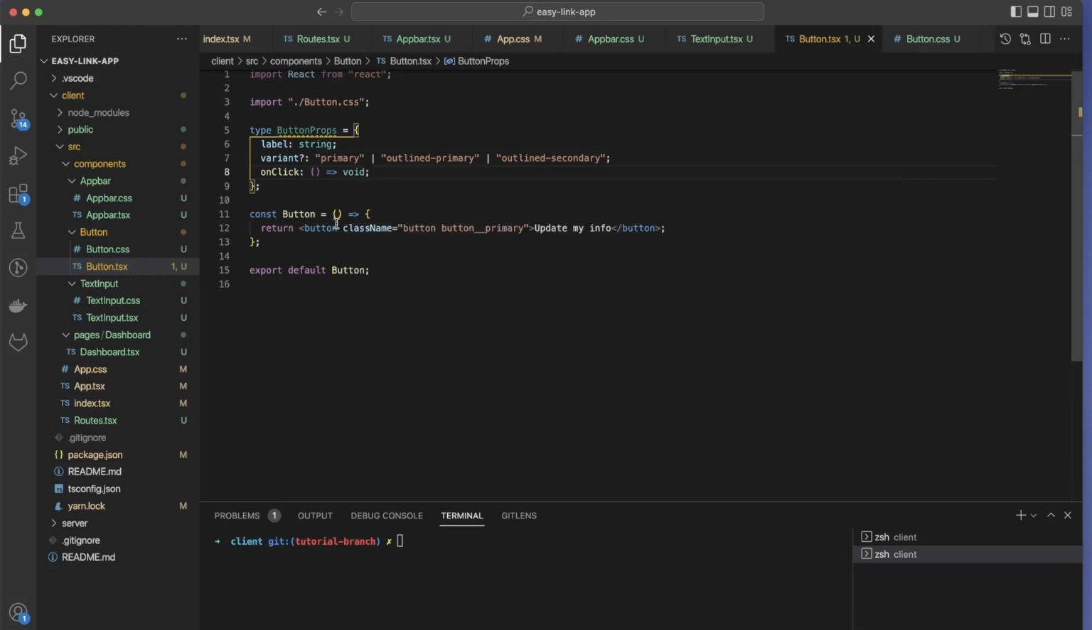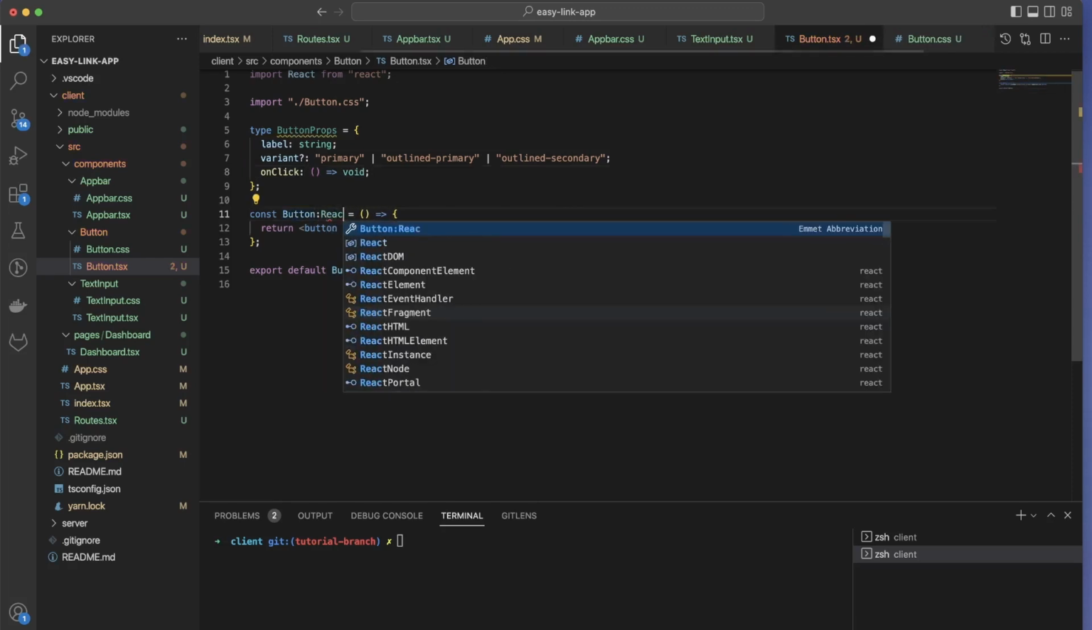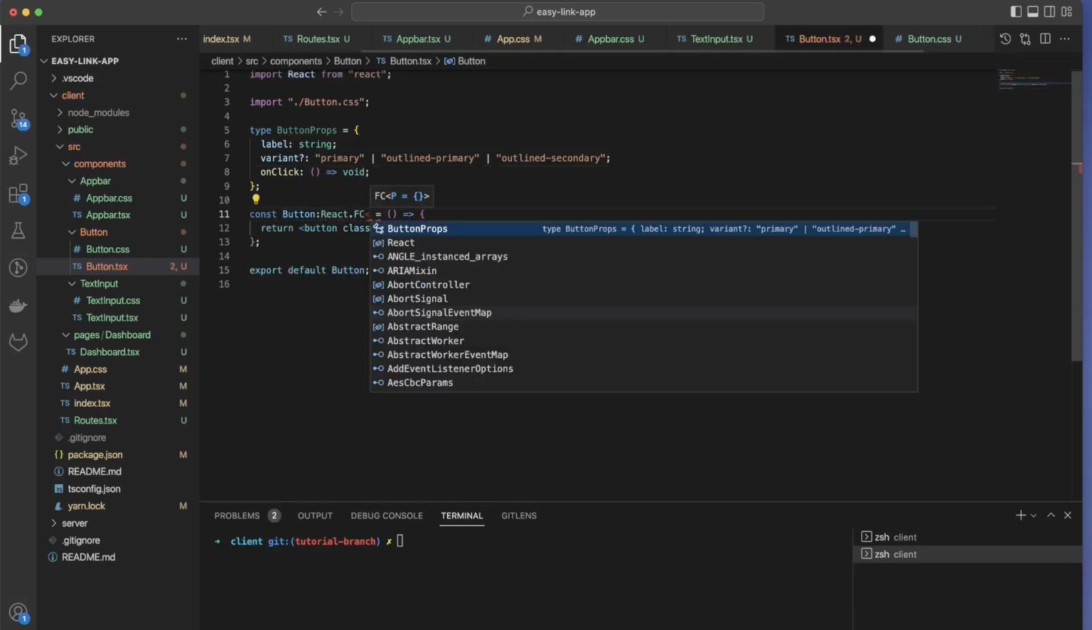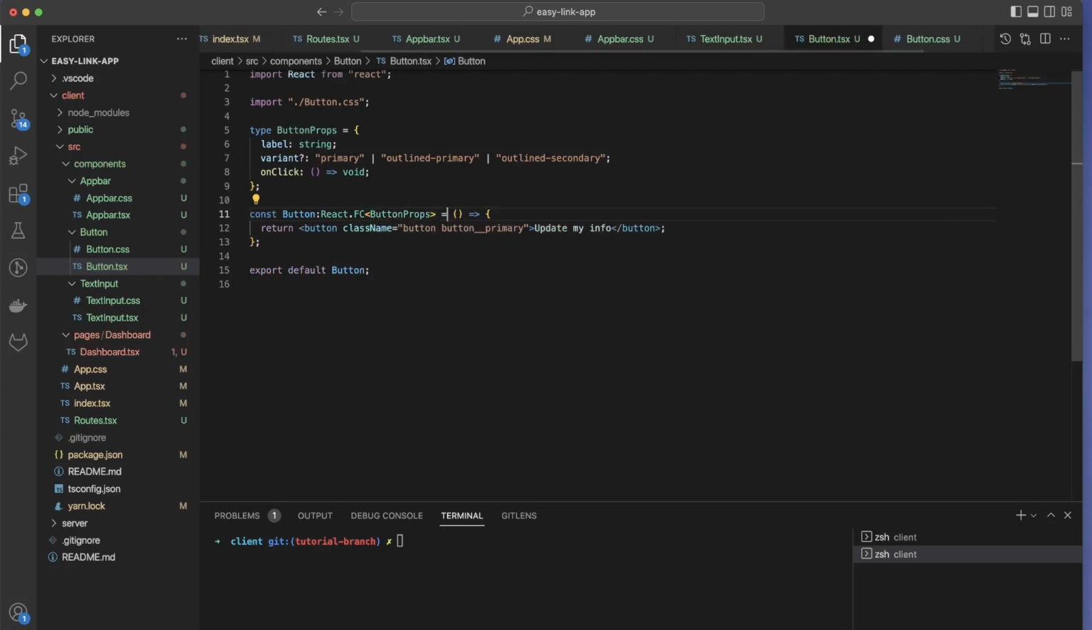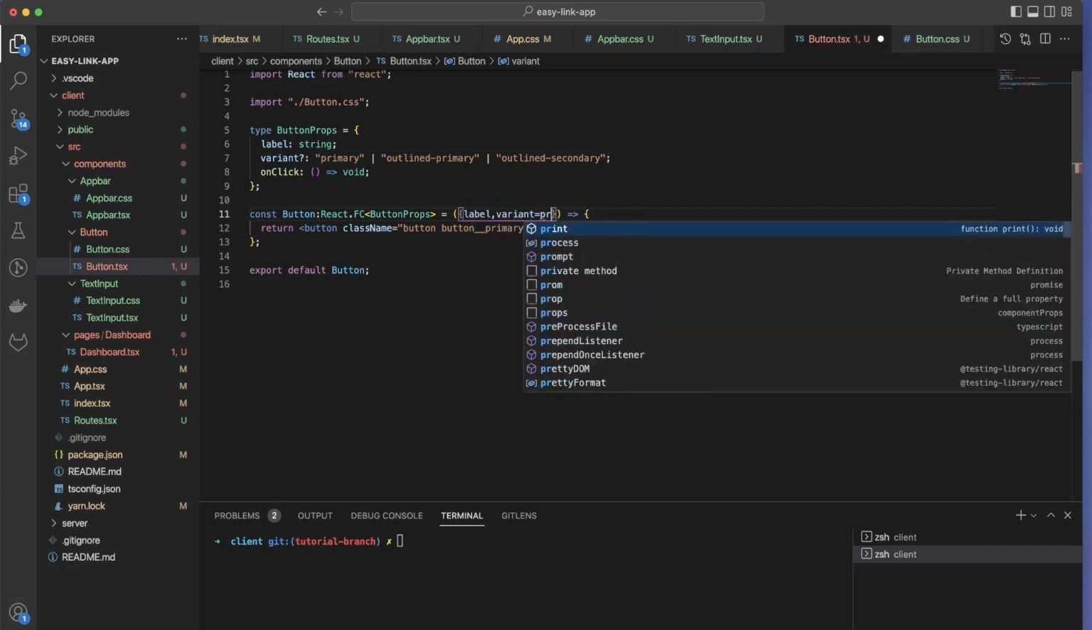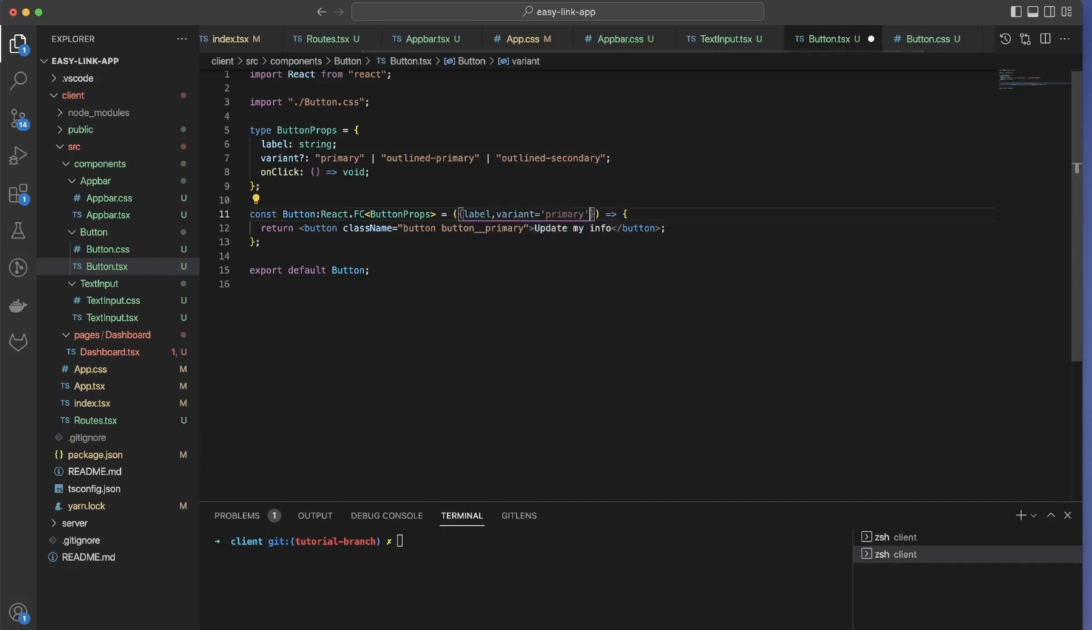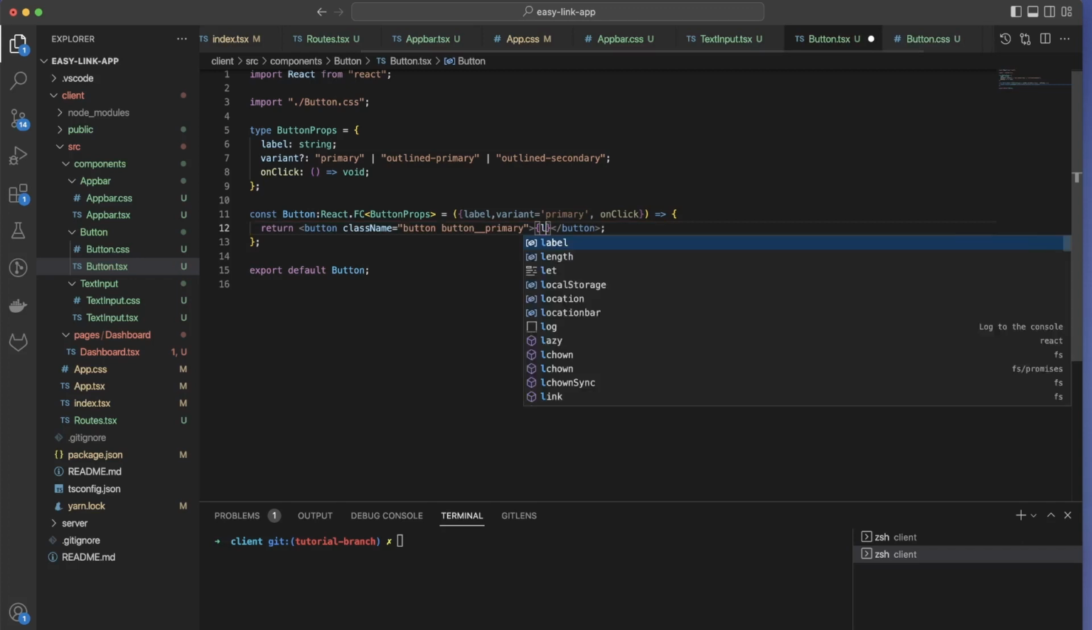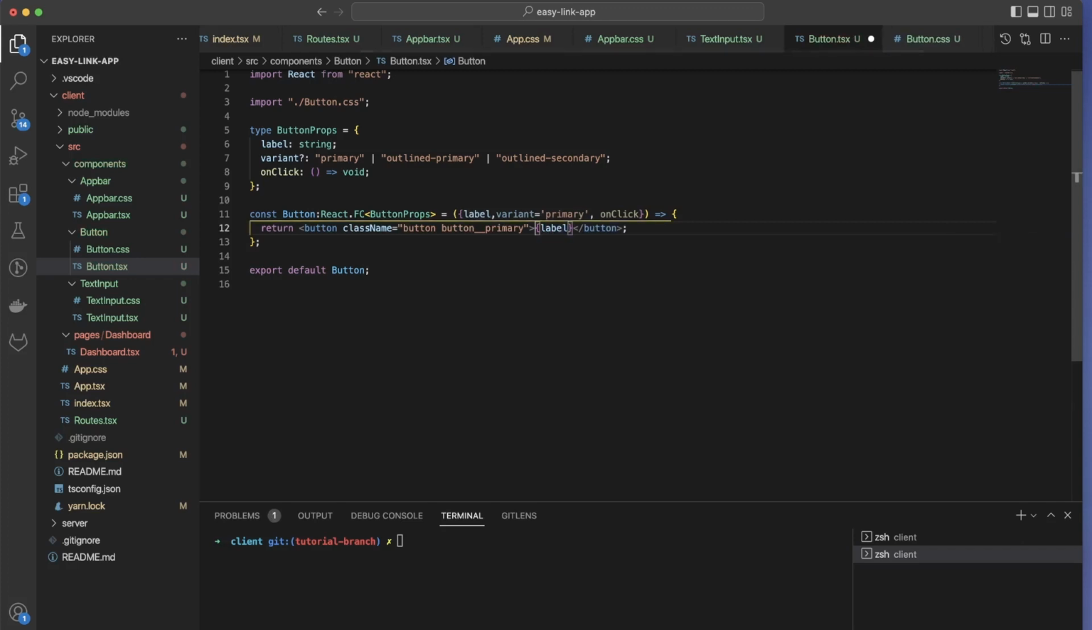Okay, so now let's do the same thing here. React FC and then ButtonProps, and here we'll take a label and variant. As I said, by default we will make primary variant, so if we don't provide anything it will be primary. And then we have onClick. So now we will go here, and then this will be button label, and then we are going to delete this,